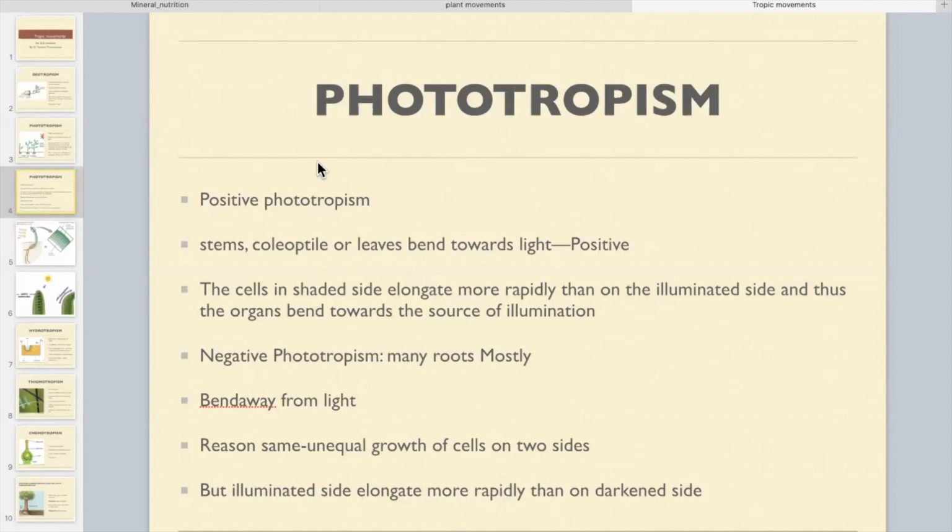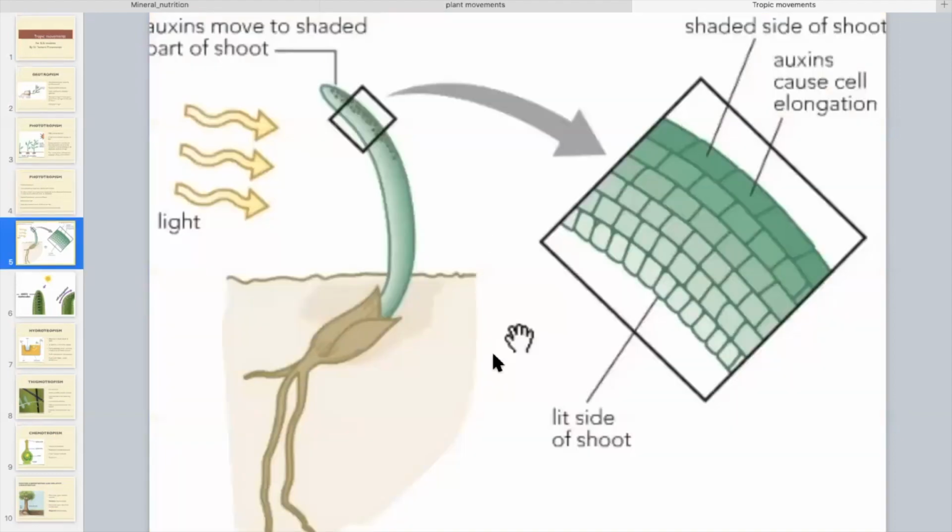Now, in the next slide, it will be clear to you. See this slide, observe it carefully. I just told you that due to light, this young shoot is growing towards the light. It is positively phototropic. Why is it growing towards the light? Because, I told you, the reason is hormone. The hormone gets deposited on the shady area. So when the hormone is in the shady area, naturally growth will be more in this area. If cells are growing more in this area and less in this area, what will happen? It will bend.